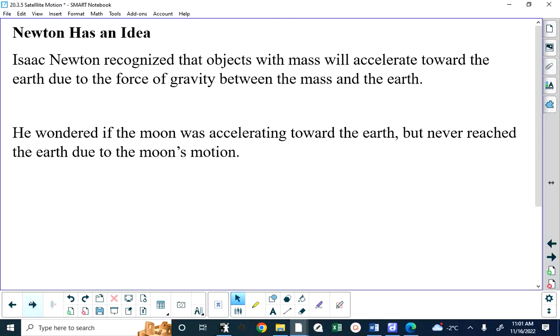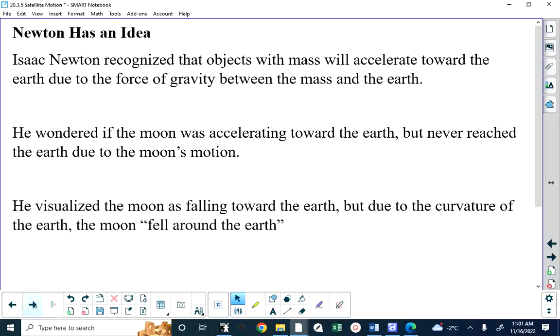This is a hard thing to visualize, and there's something called Newton's mountain that we're going to look at here. So what Isaac Newton did was he visualized the moon as falling towards the Earth, but due to the curvature of the Earth, it falls around the Earth. What does that mean? Well,